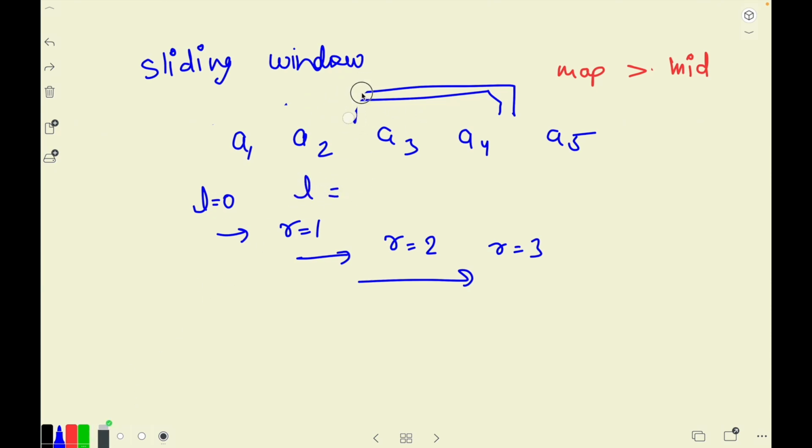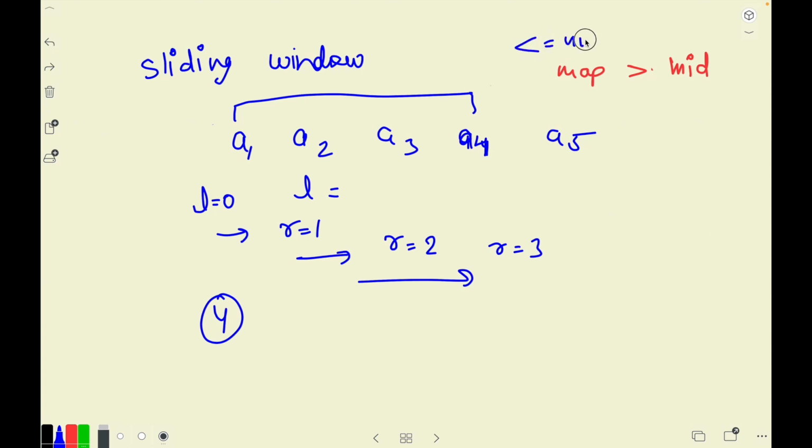And every time I feel that I'm standing at a window, let's say I'm standing at this window, I am going to increment the size of this window in my net answer. Why? Because that size of the window will actually dictate that up till here, if I'm talking about this window, A1, A2, A3, A4, the window that is there, I will say that the total size is 4. So I will add 4 to my answer,